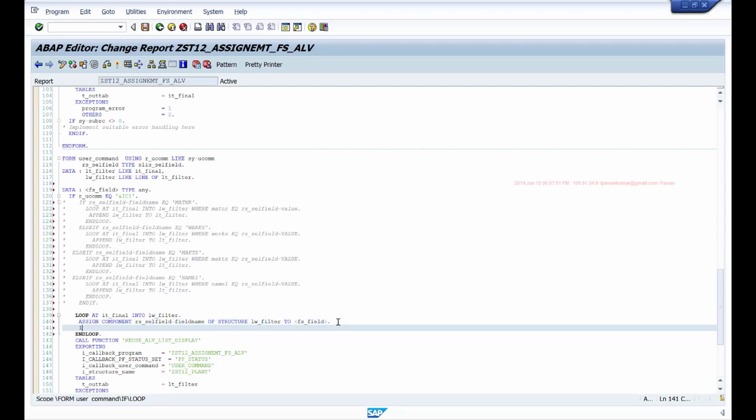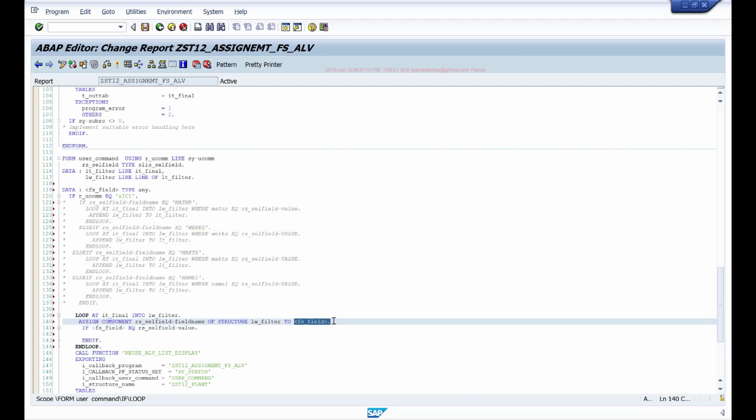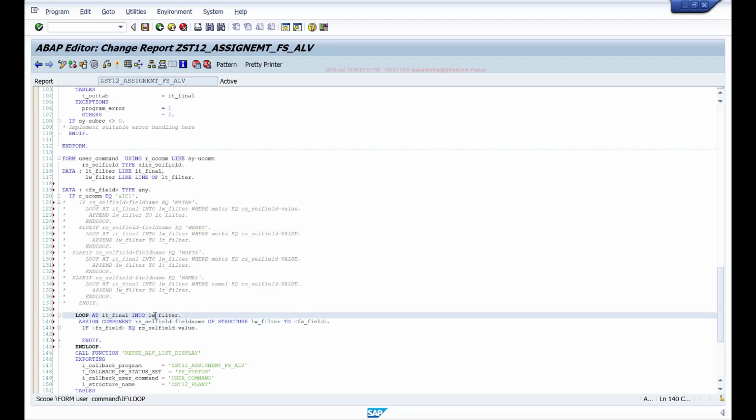Then I can say if fs field equals to rs cell field value. So I'm comparing the value of this field on which the user double clicked with the current value of that field in the work area.